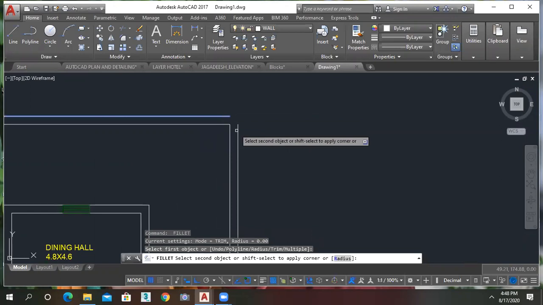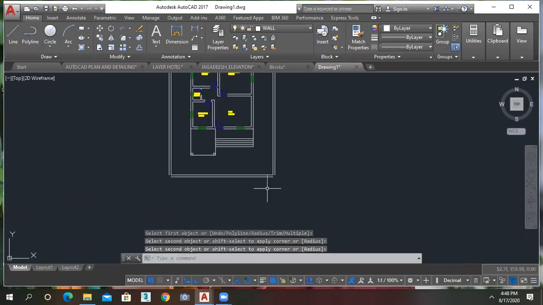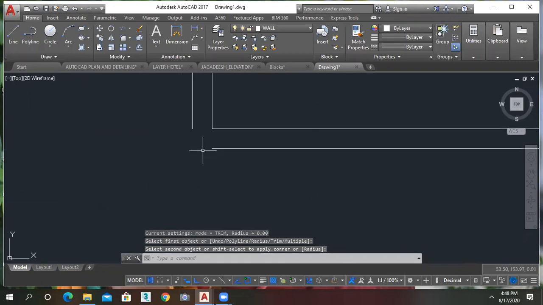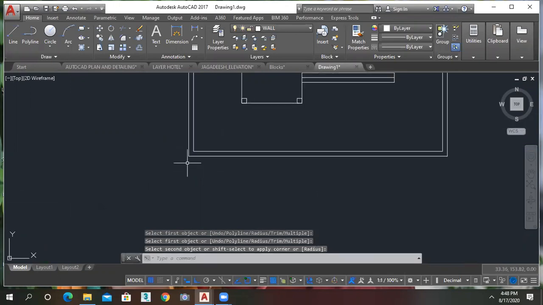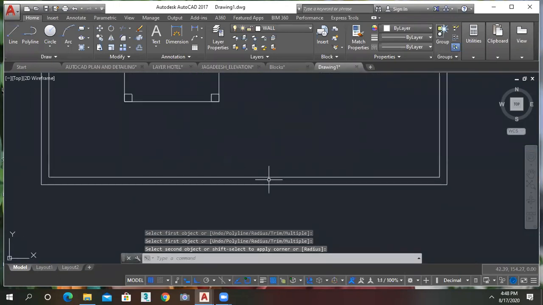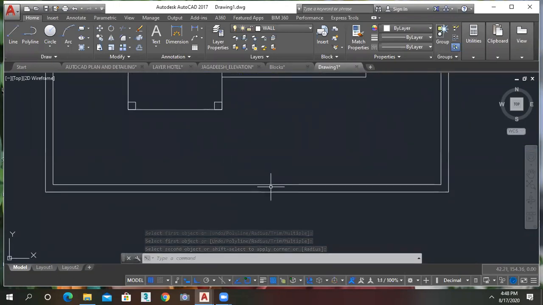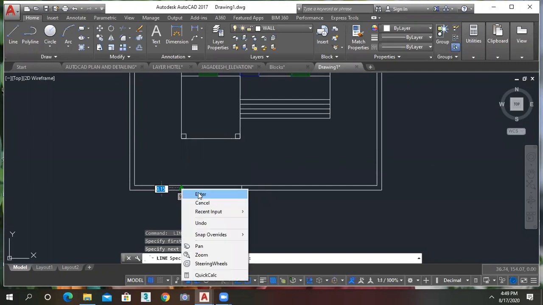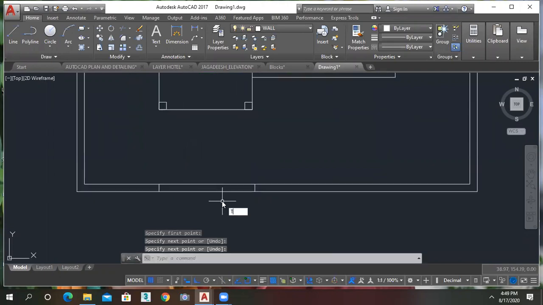Same fillet. Like this. So for entry purpose, I will just provide a gate here. By taking the dimension of this parking, provide the opening like this.